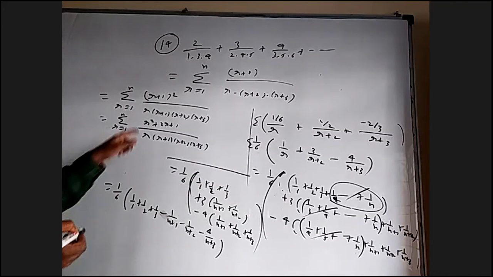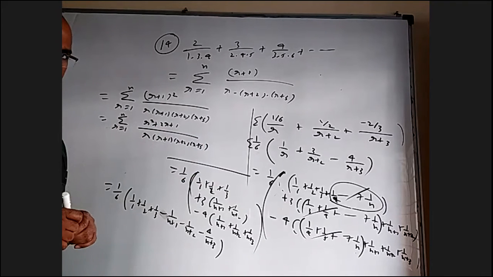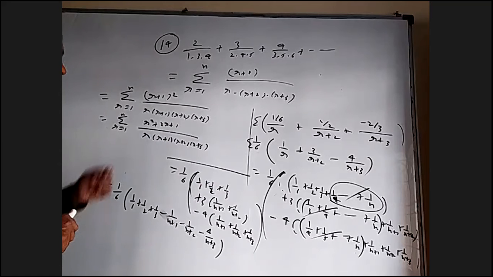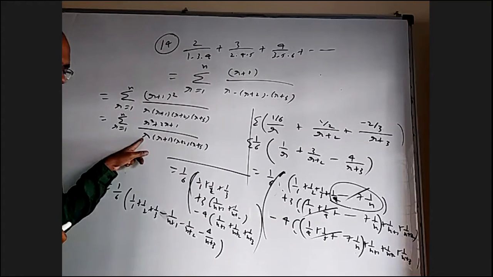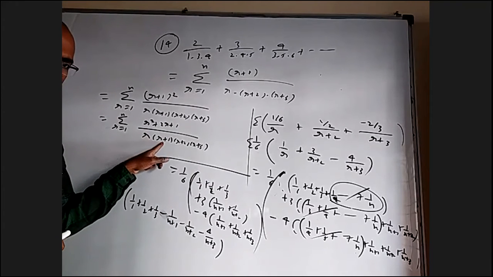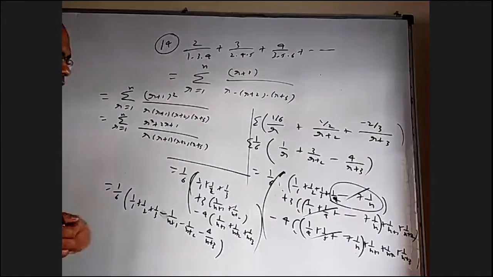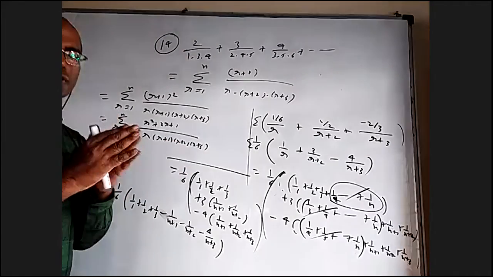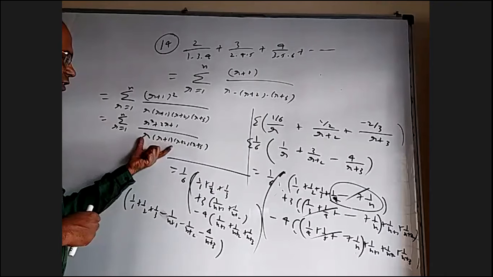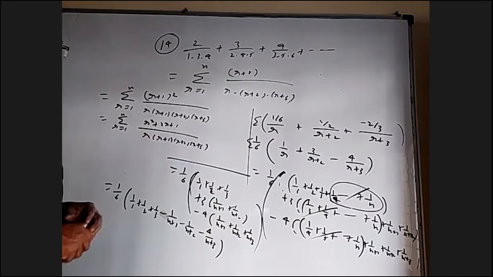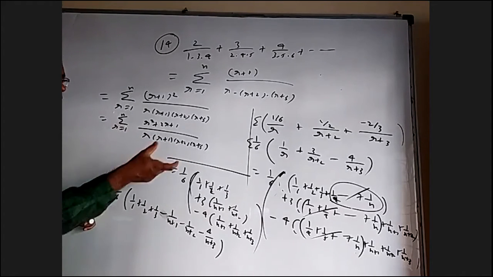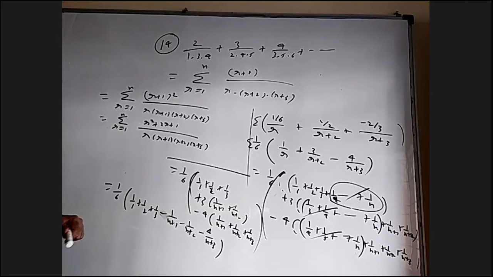Basically, what I want is that in the numerator, I don't want any r here. How to cancel? I can cancel with this, or these two together, or this, but don't cancel only r plus 2 or only r plus 1, because I want consecutive things in the denominator. These two things, or these three things, or these three, anything is okay for me. So I have to see which way, if I cancel, it will be better.